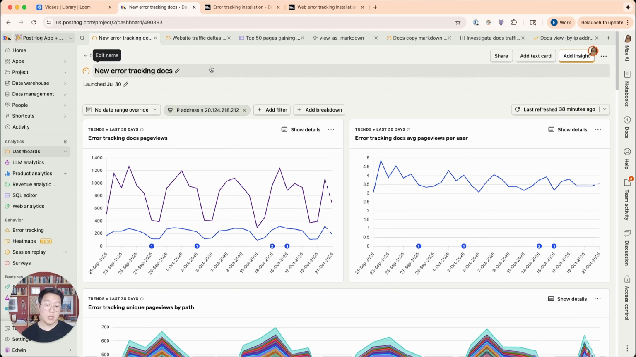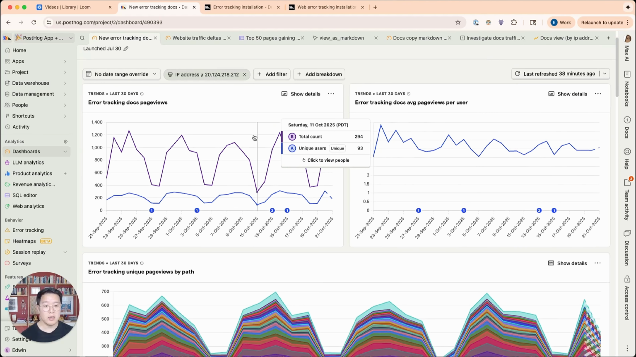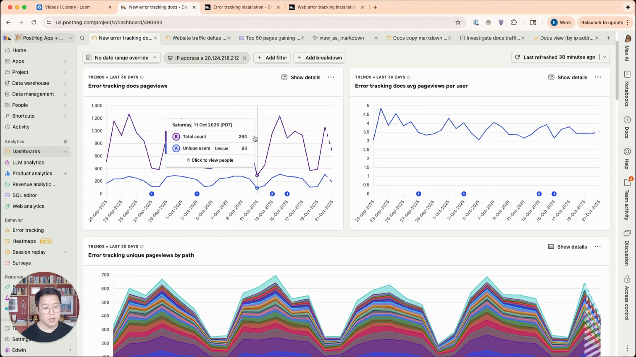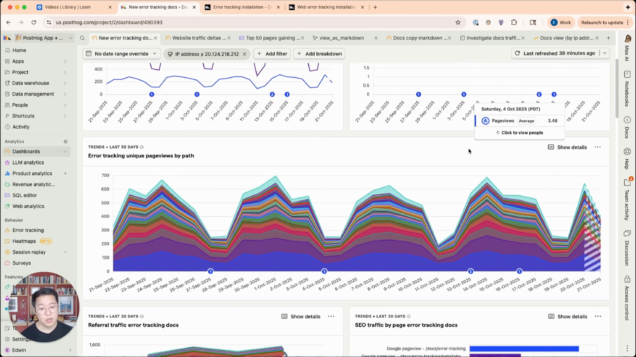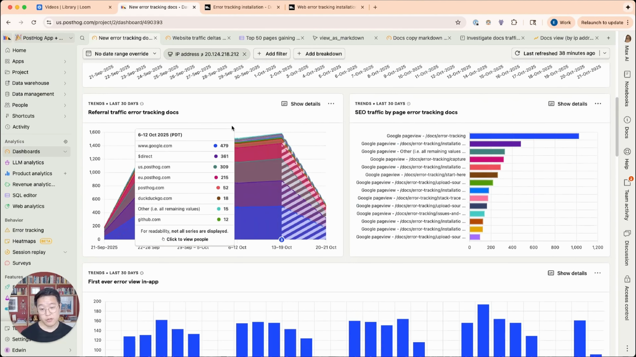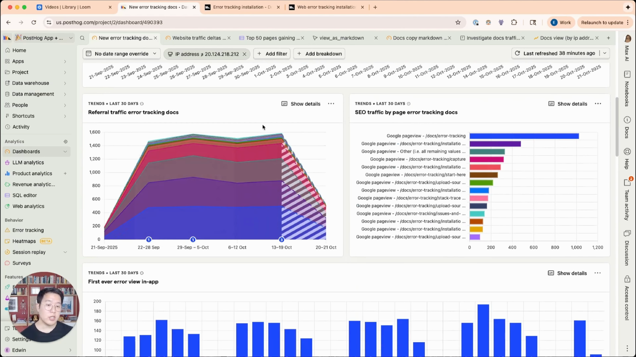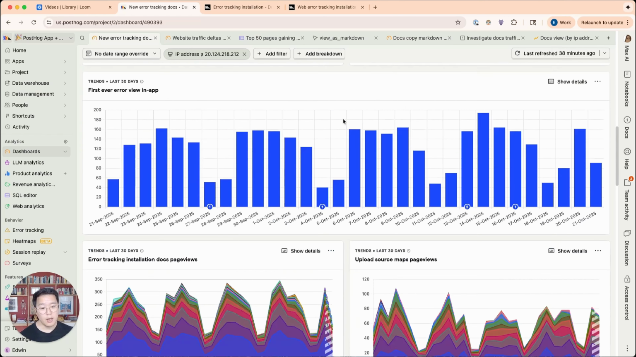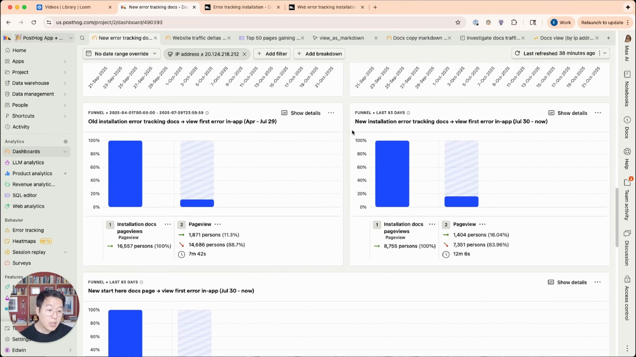So we built this really comprehensive dashboard with lots of different insights that track page views over unique users, page views by session or user, breakdowns by URL path, the referral, Google for GEO, ChatGPT for AEO, as well as probably the most important insight, funnels that help us actually track how well these installation pages are converting to real